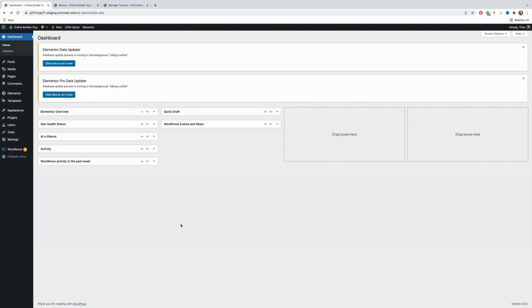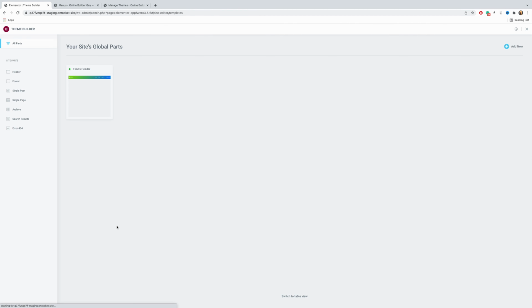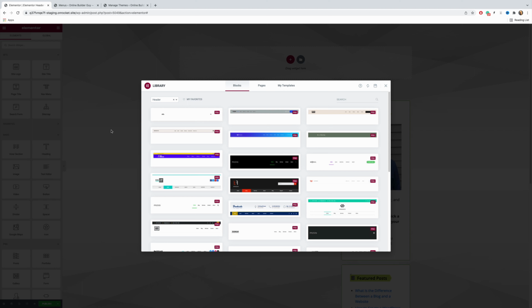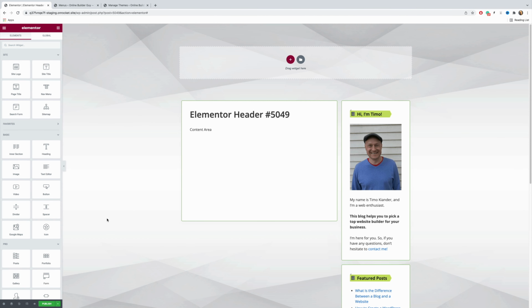Well, just go to templates and then go to theme builder, and next what you will do is hover over the header text under site parts and click on the plus sign, and rather than choosing an existing design, existing block, just close this particular window,